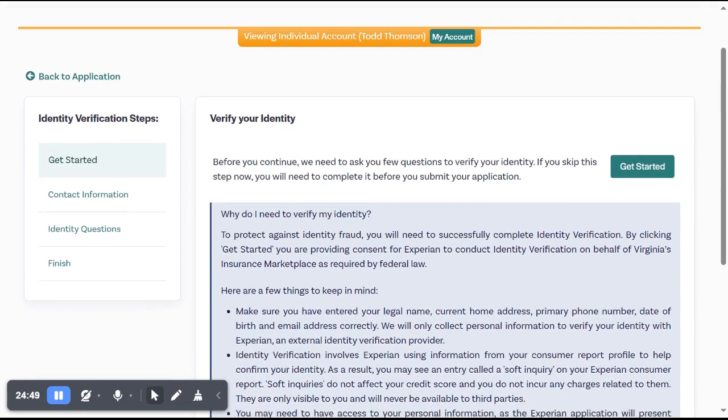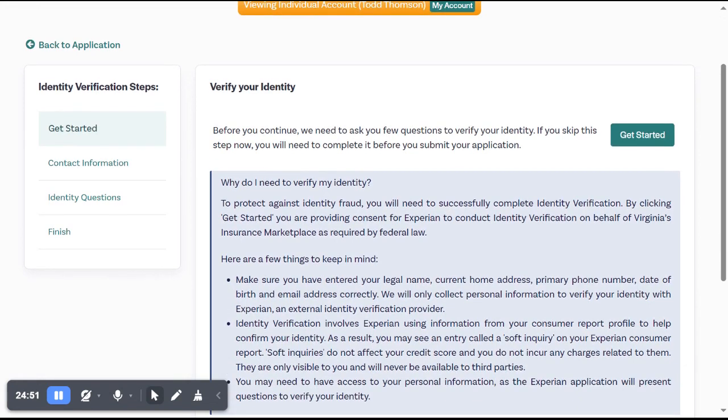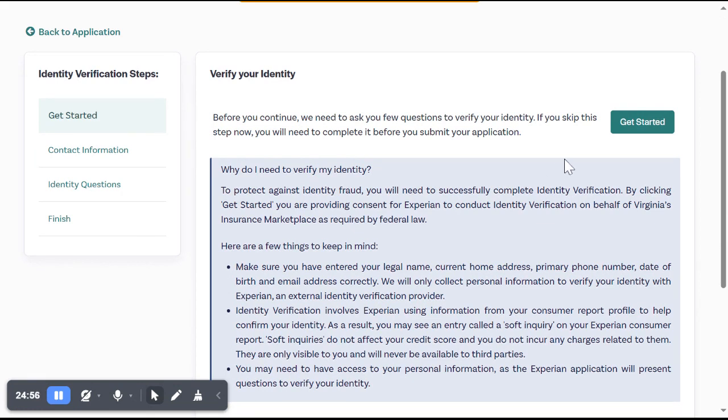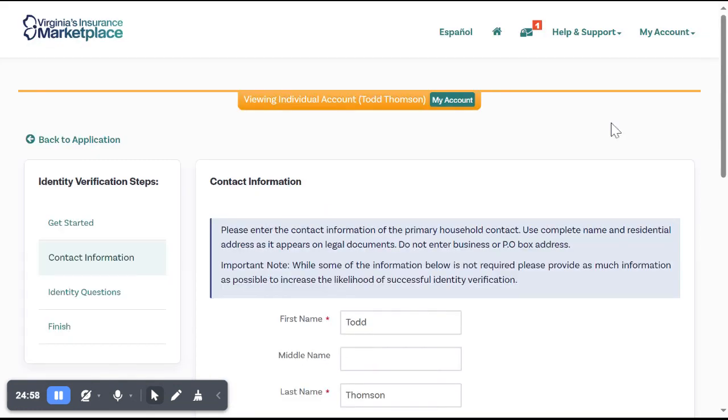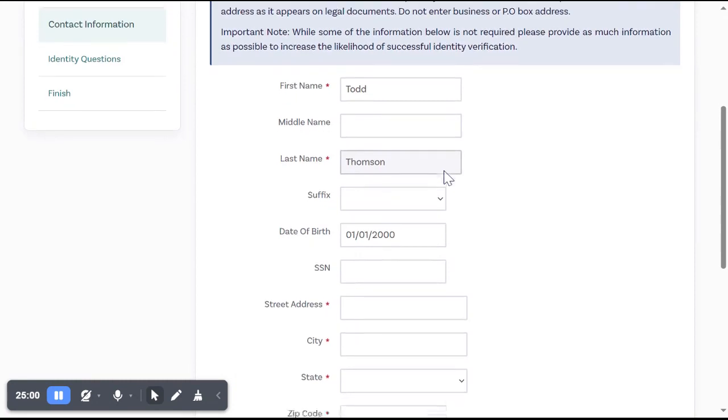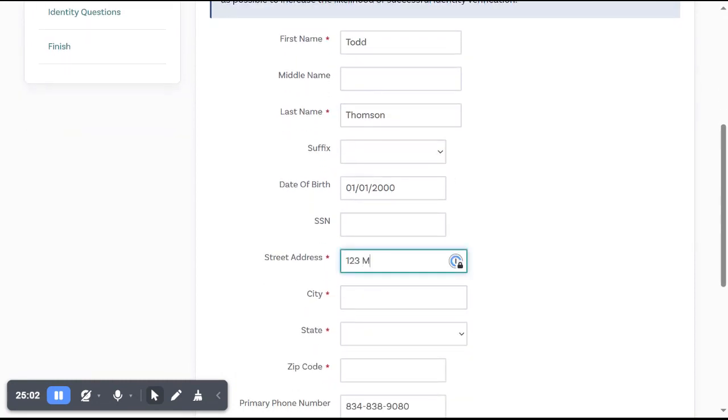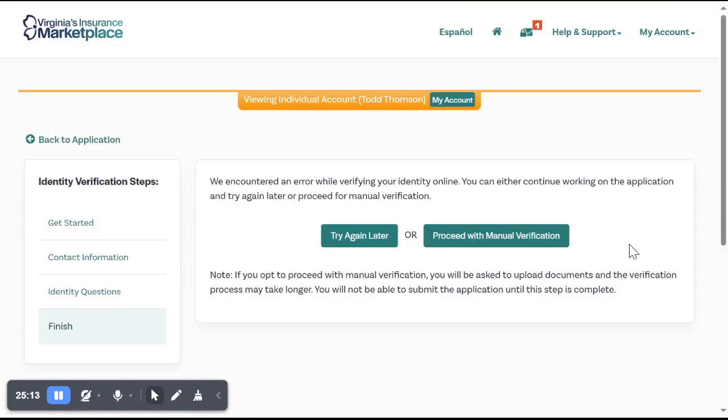Before we submit the application, we do need to verify electronically the identity of our applicant. So we'll go ahead and click Get Started. We'll enter Todd's address and continue. In the production Virginia's Insurance Marketplace system, you will then be presented with a series of questions from